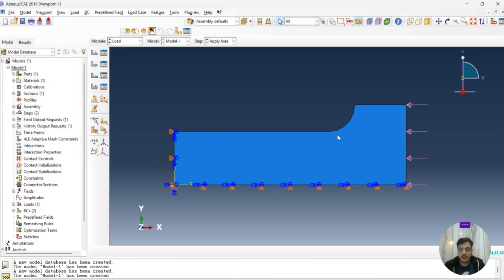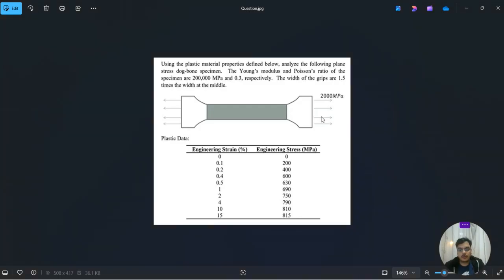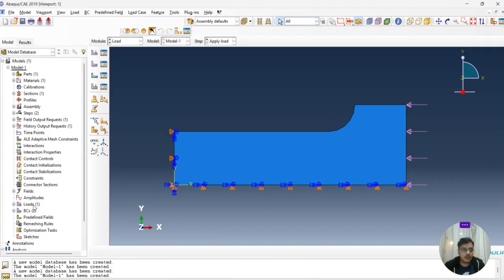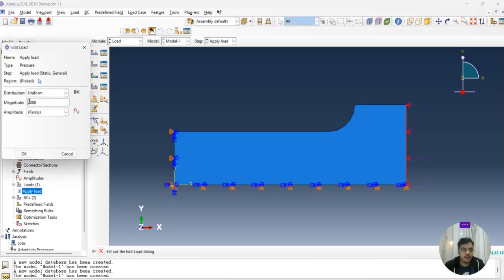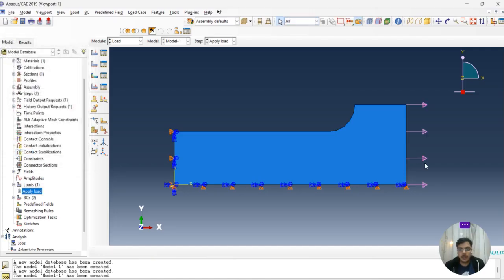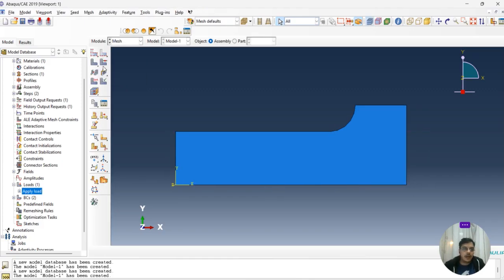And perfect. So it is in this direction, but it should be reversed. So we again go to the load condition, double click here, and try to give a negative sign here, and that is good enough. Perfect. So yeah, now we have to do the mesh, and since we already know about mesh,